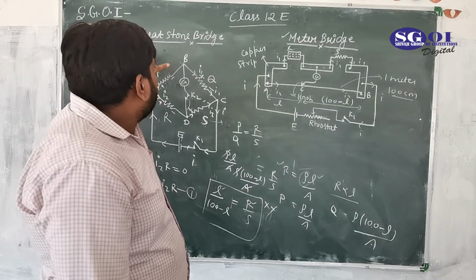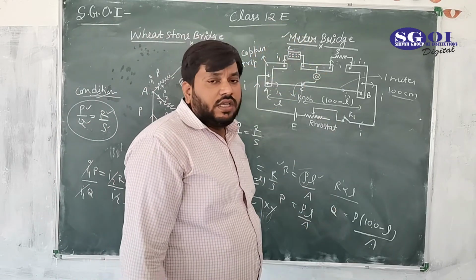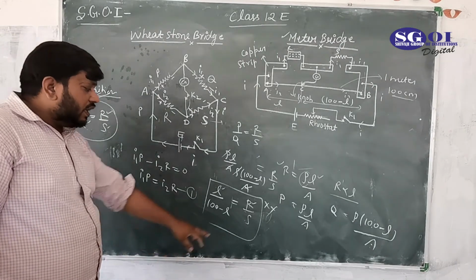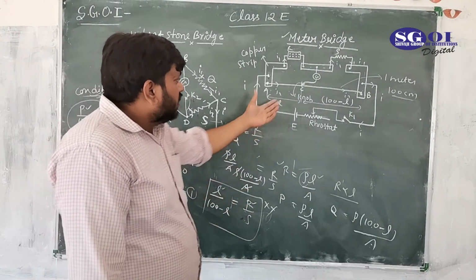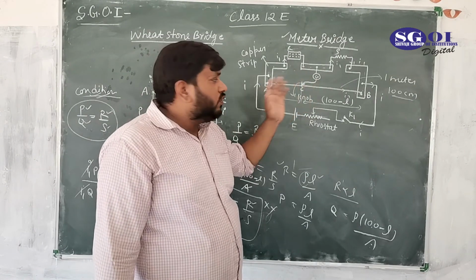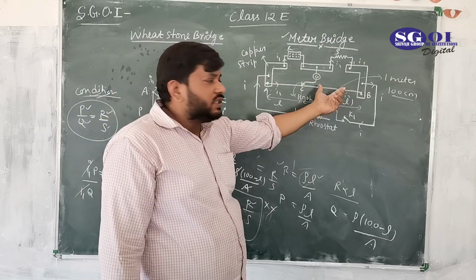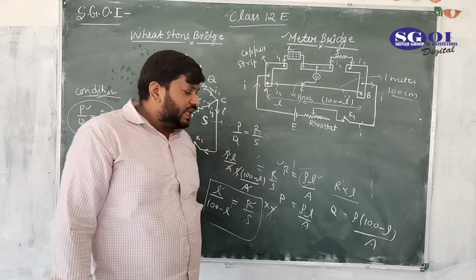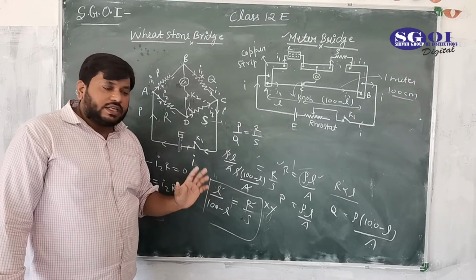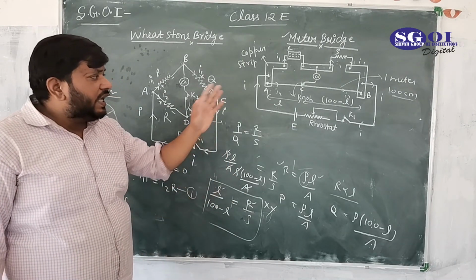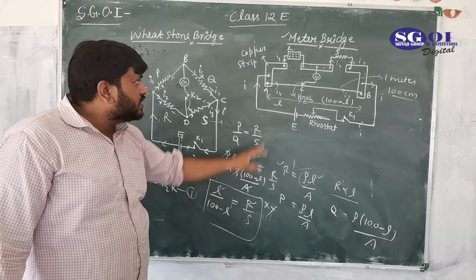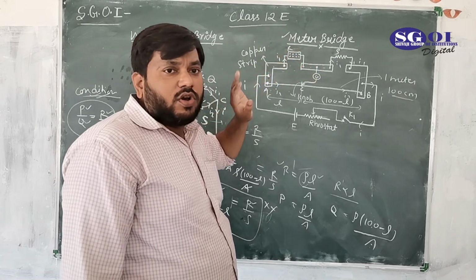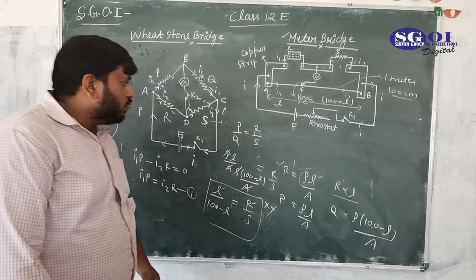So I think you have cleared both bridges, the Wheatstone bridge and the meter bridge. This is the concept of the meter bridge, how you would find the unknown resistance using a meter bridge. Actually we find the length. We don't require the resistances of these two parts, because this depends only on the length. If this is L and this is 100 minus L, as we have seen, rho and A cancel out, only L and 100 minus L are left. This is a known resistance because the value is written on the resistance box. And this is the unknown resistance.